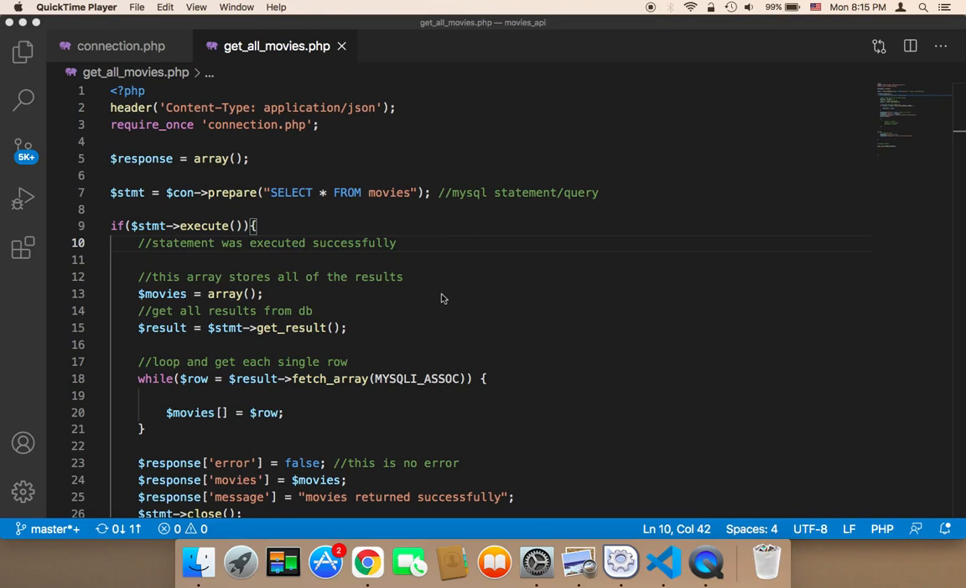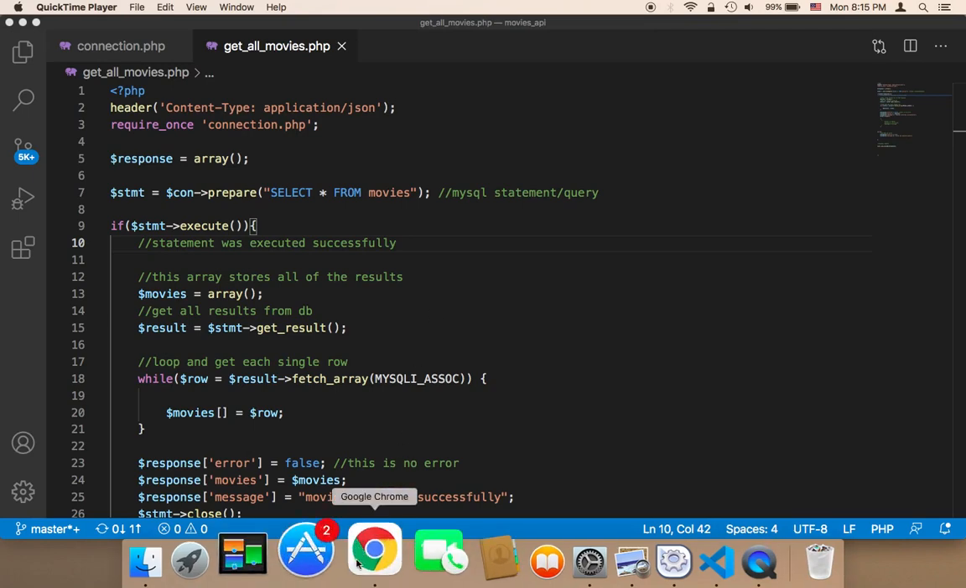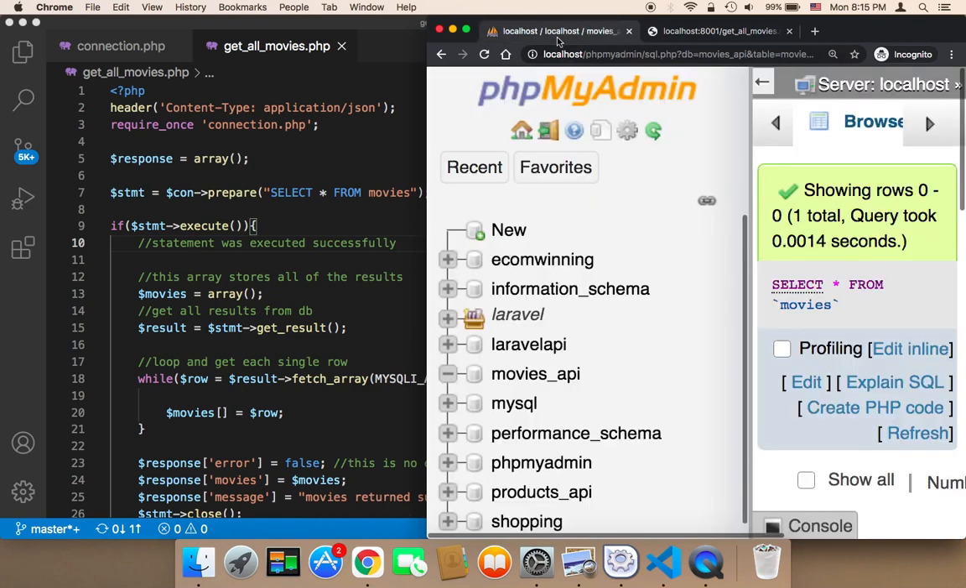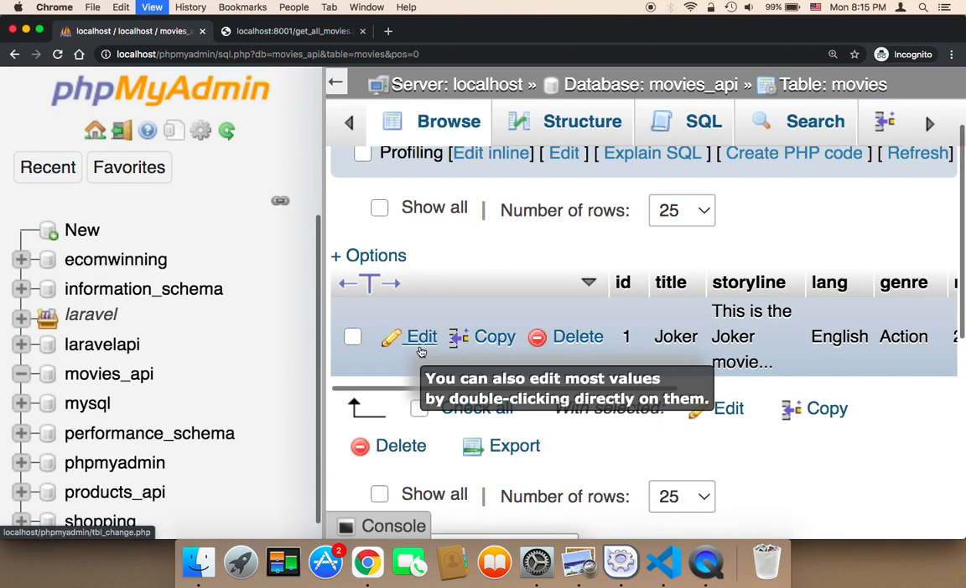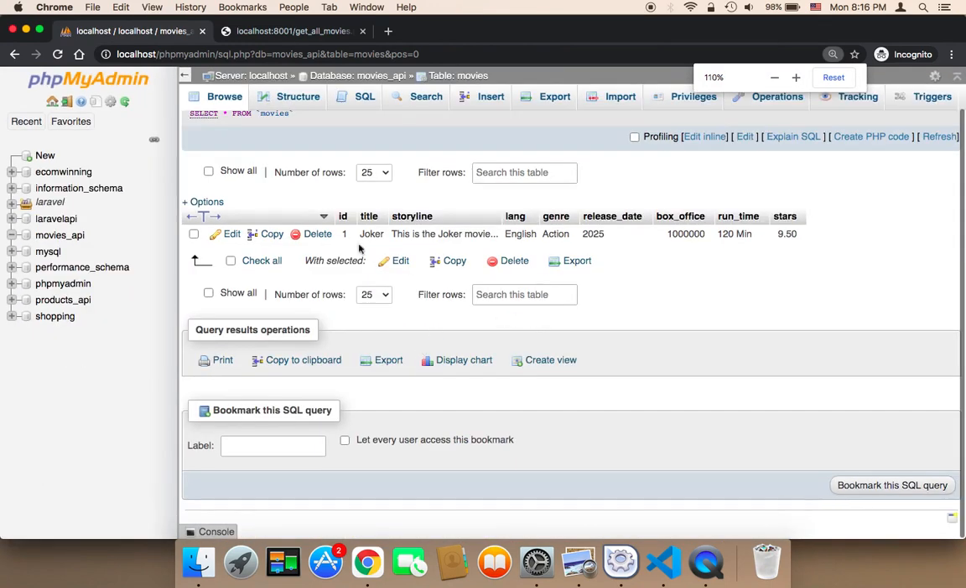So now that we know how to get all movies, it's time to learn how to get a single movie. In order to get a single movie, we need to provide one thing. We need to provide one thing because let me head on over to the database and show you why. Now in the database, for example, we have one movie that has a title of Joker, and the ID